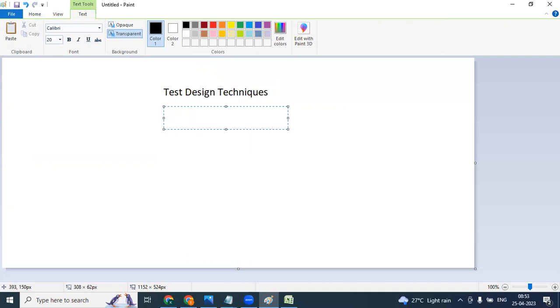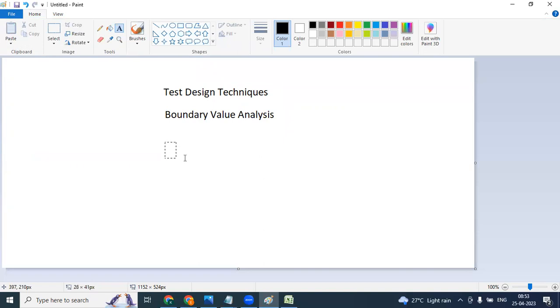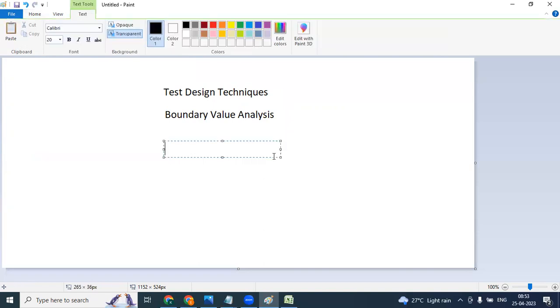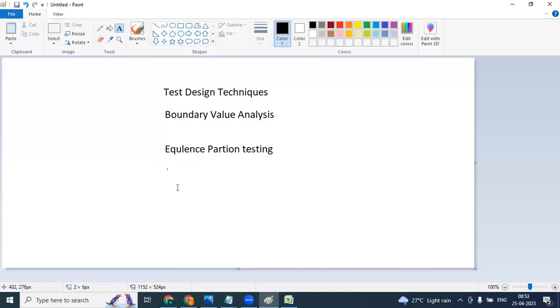What is that? Boundary value analysis technique. Okay, that is one technique. That is the first and foremost. Second one, equivalence partition. Third one,